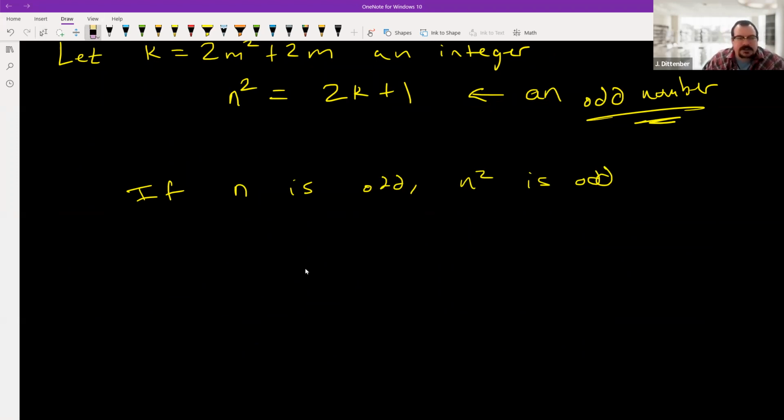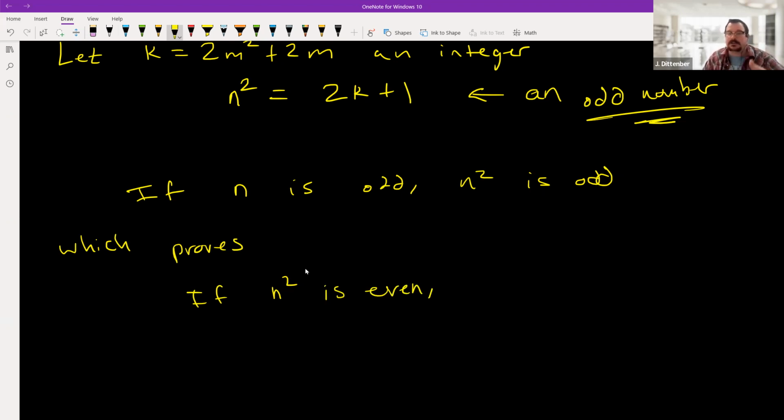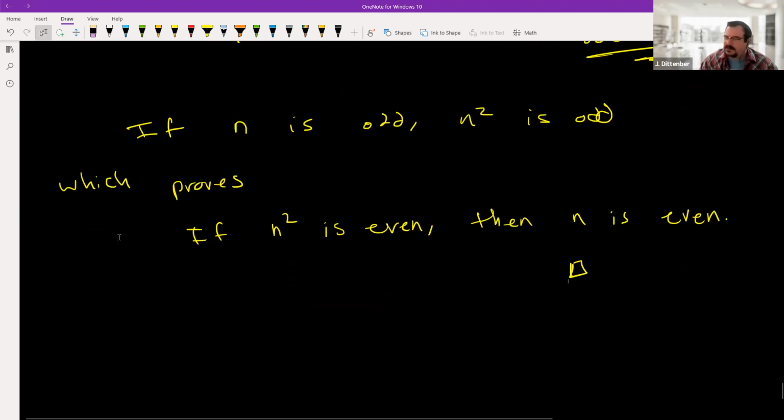Well, let's write down the contrapositive, which proves what? It proves that if n squared is not odd, meaning if n squared is even, then n is not odd, meaning that n is also even. And that's what we wanted to prove. Okay, so before I end the video, I do want to